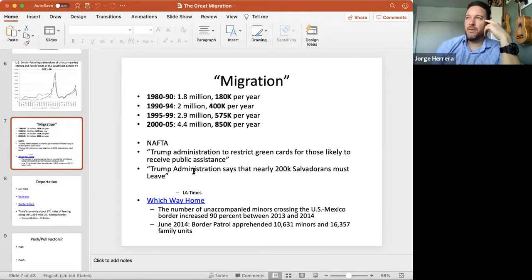So Trump, towards the end of his presidency or middle of his presidency, wanted to send all those people back. Some of those people are grandparents now, with kids born in the US and grandkids born in the US. Imagine, like, get out of here, your time's up. Everything's better, the earthquake ended, buildings are starting to go up 30 years later. Time's up, go back to El Salvador. And he claimed that was going to happen. 200,000 Salvadorans that were allowed here are going to have to go back.